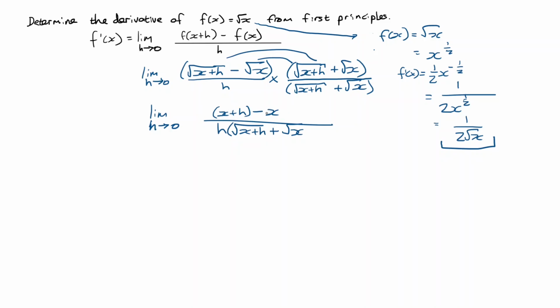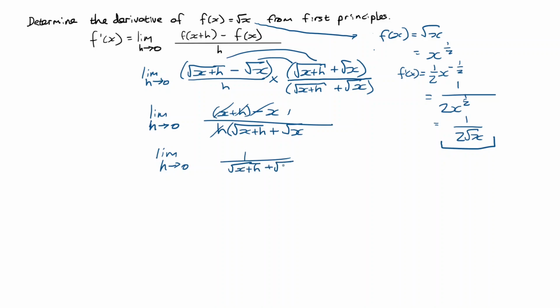The x minus the x, they're gone, so I'm just left with the h on the top. And if I just have h, then at this point now I can cancel the h with the h. Don't forget, don't have nothing on top, you still have a 1. You've got to put something there, buddy. You can't just leave it out. And so what we've got there is 1 over this